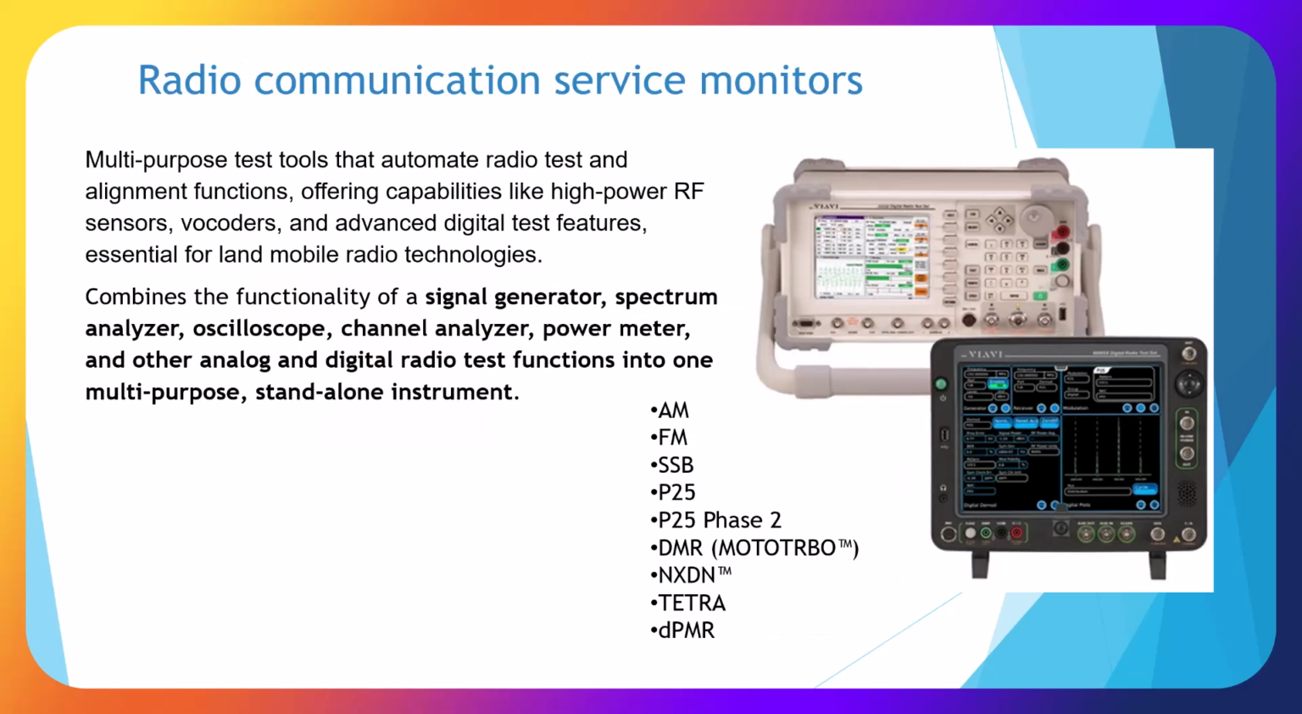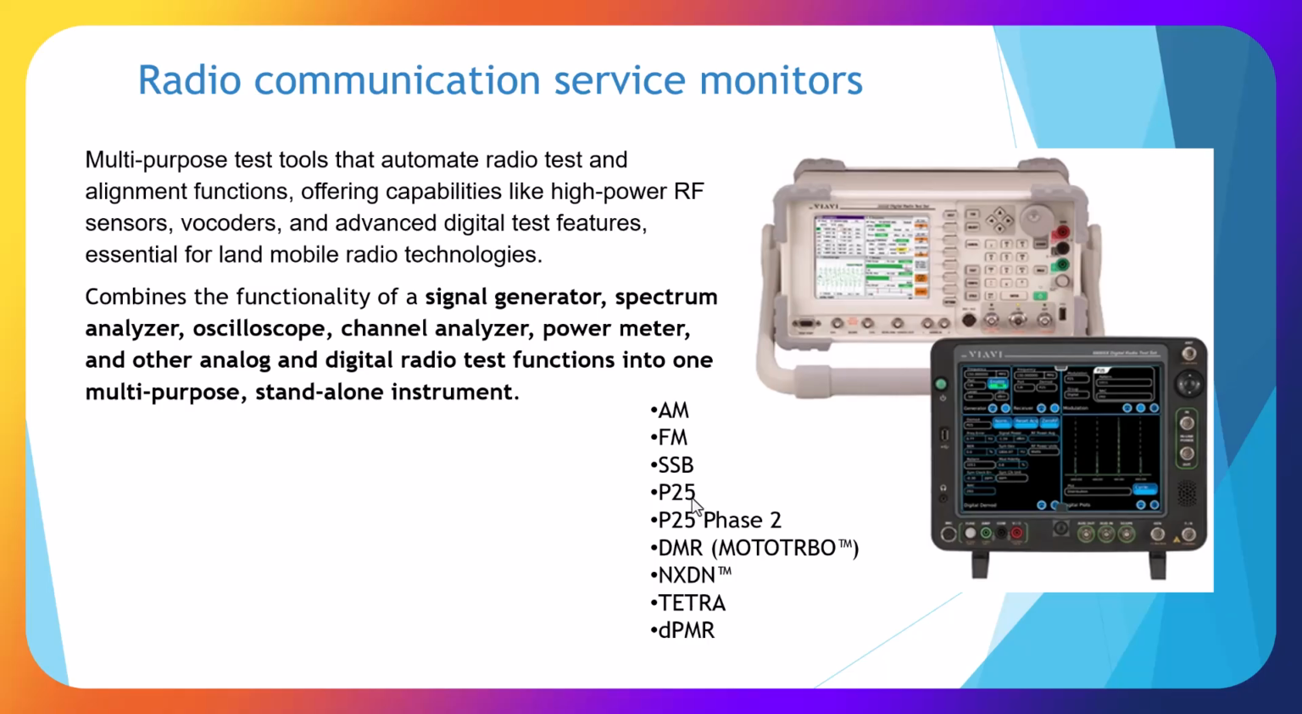Here I'm showing a radio communication service monitor, and its purpose is to automate radio tests and alignment functions, offering capabilities like high power RF sensors, vocoders, and advanced digital test features essential for land mobile radio technologies. This tool includes a signal generator, spectrum analyzer, oscilloscope, channel analyzer, power meter, and other analog and digital radio test functions in a multi-purpose standalone instrument. And we have these both at the school, and these are the signals that it'll test, including the new P25